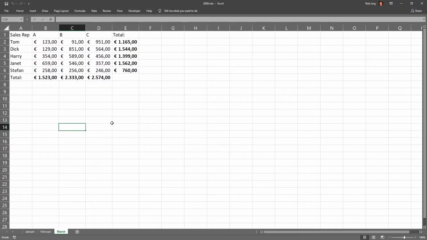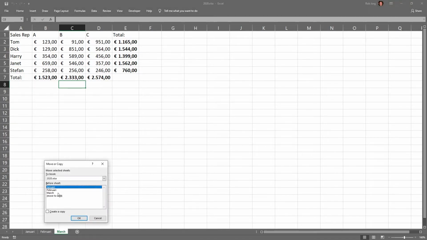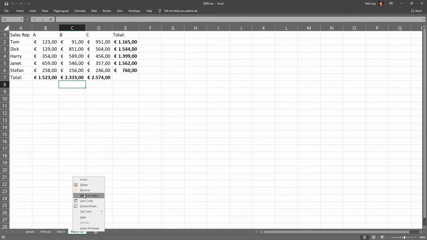3D references. So you have sales figures from 3 months and you want to make one total sheet. What you can do is copy one all the way to the end, create a copy. You change it to, let's say, total. But now you want to change all tabs with an extra heading.